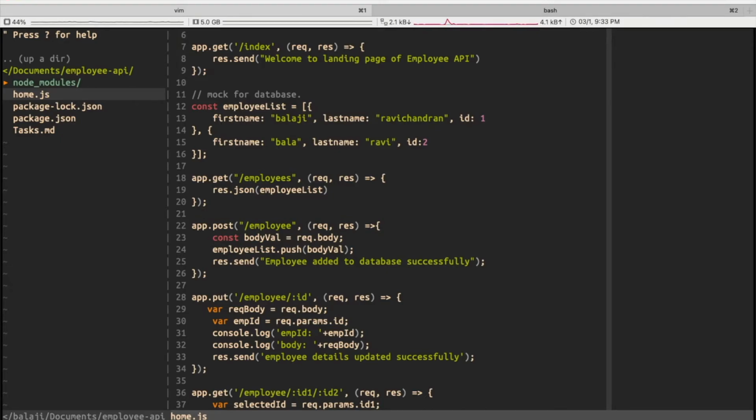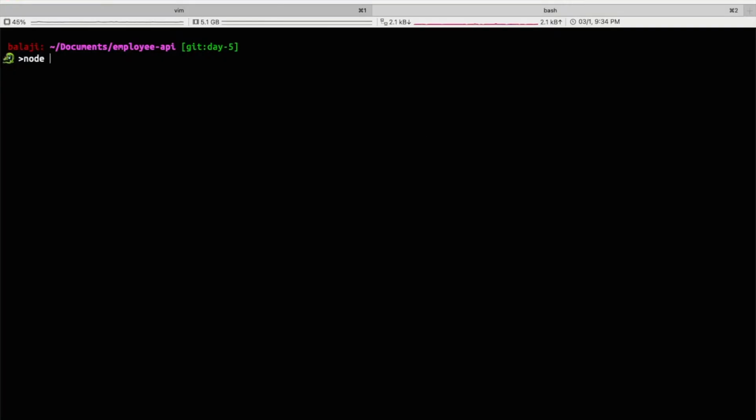You have to use post whenever you want to add values to the table, or add values to the array. Whenever you want to just accumulate stuff, you use post. Whenever you want to change or alter things, we use put. Yeah, that's the whole idea behind it. And now let's run our application and see how it works.